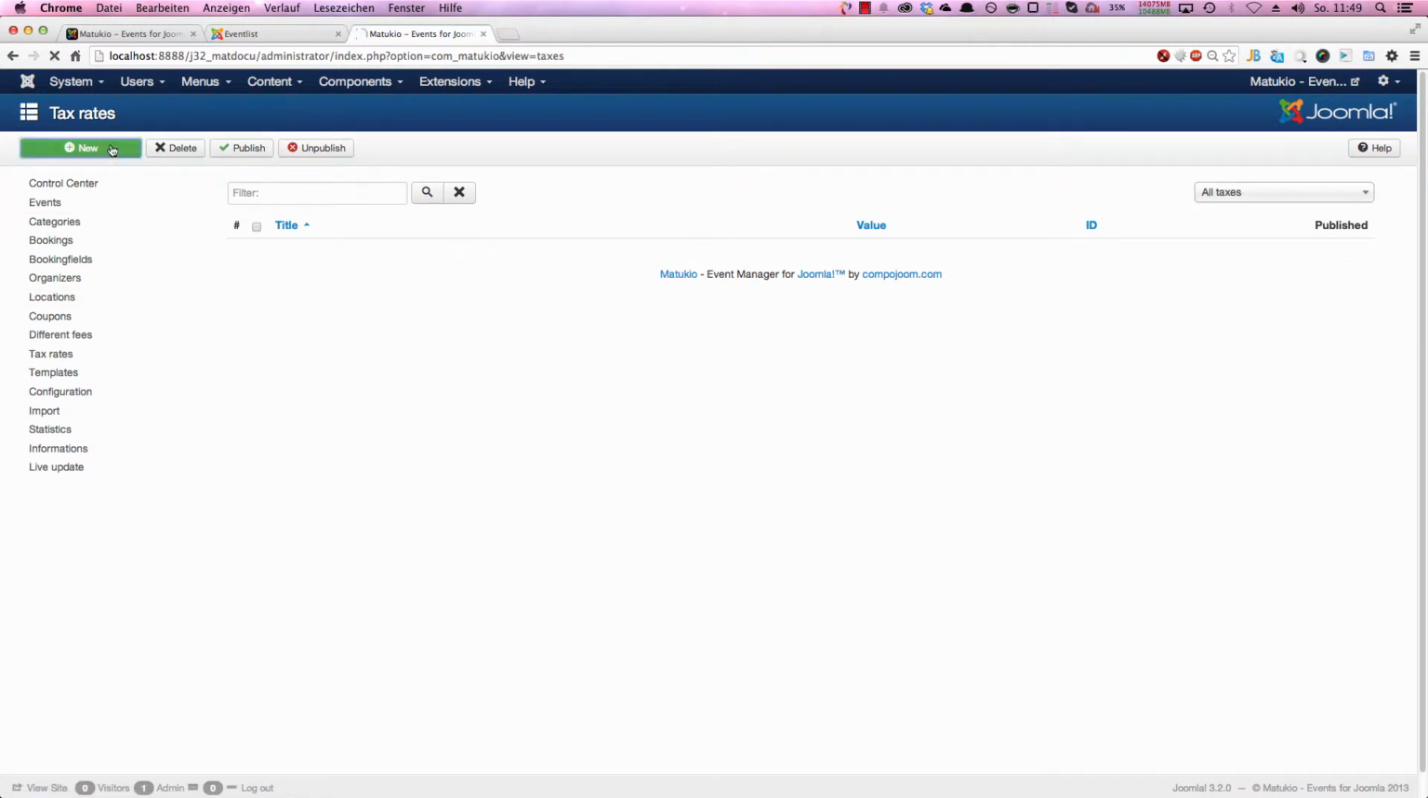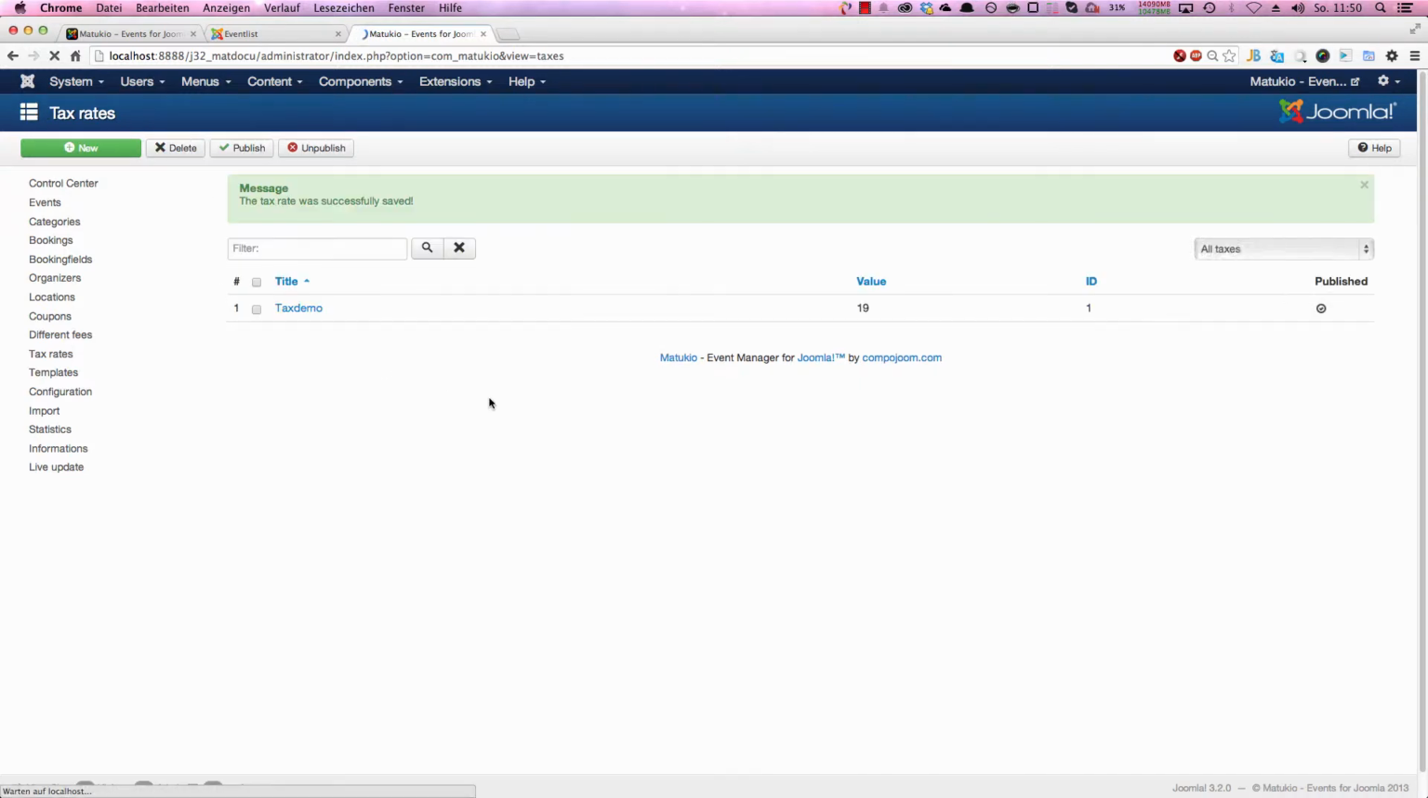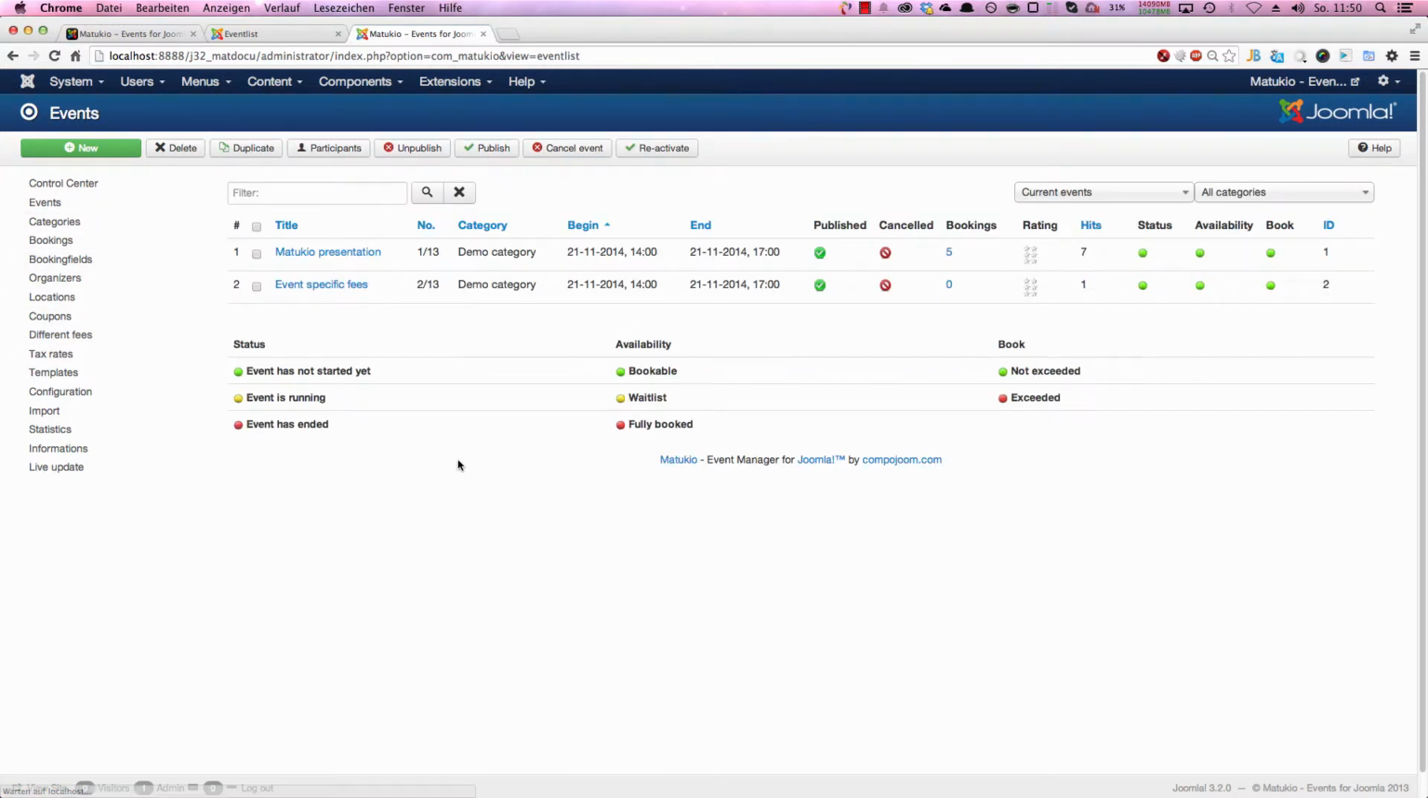Tax rate is pretty straightforward. You just have a tax title and a value. The tax title is mostly used internally for selecting, etc., so you can identify your tax rate. You can have different tax rates for different events, etc. We just choose 19%, tax demo, and we say it's published. Yes. And now we can use that one in our